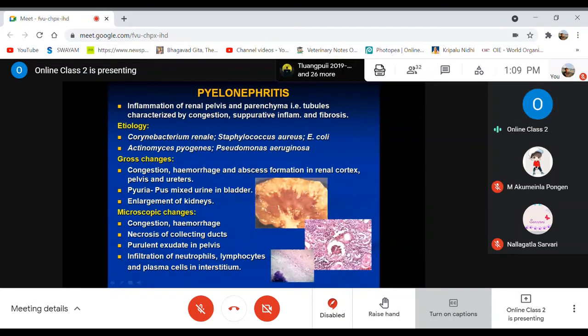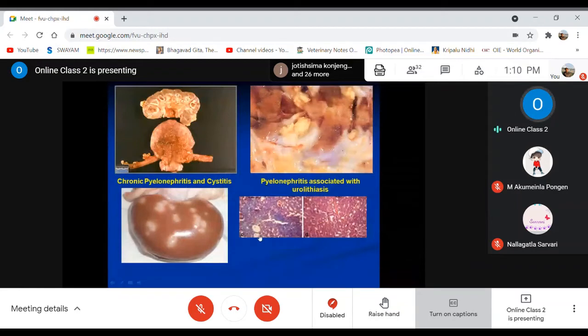neutrophils, because in case of pyogenic bacterial infection causing suppurative nephritis, mostly neutrophils are there, right? Along with that, some other cells like lymphocytes and plasma cells may also be present in the interstitium. Photograph showing pyelonephritis. Okay, pus exudation is there in the renal pelvis,